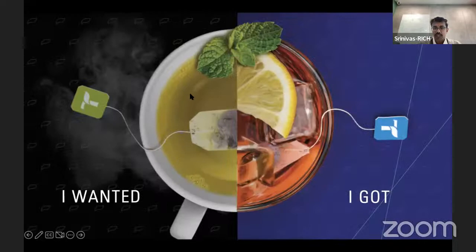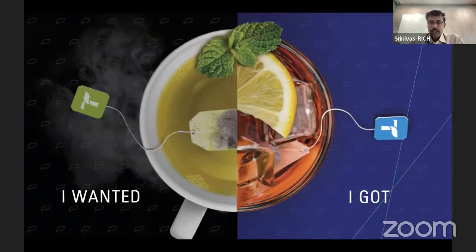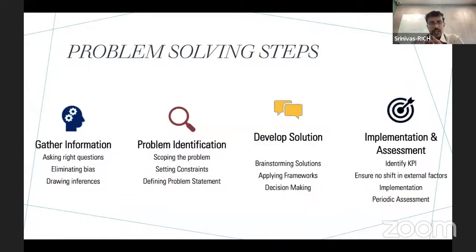What I wanted was a cup of hot, steaming tea, and you decided it's already a pretty hot day, why serve him more hot tea, I'll probably give him cold iced tea. And you brought me a cup of cold iced tea as a good host, right? So I think there's no problem when I look at it from your perspective, but there's a problem when I look at it from my perspective. So the reason I wanted to bring out this very simple example is to show what are the key aspects that result in any problem, and then further decision making.